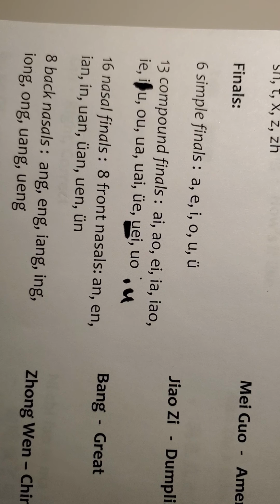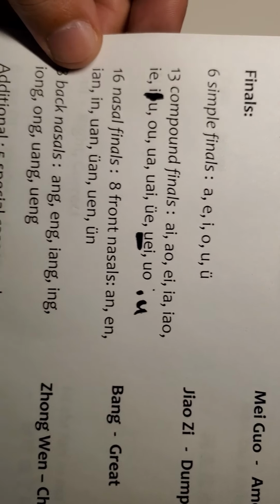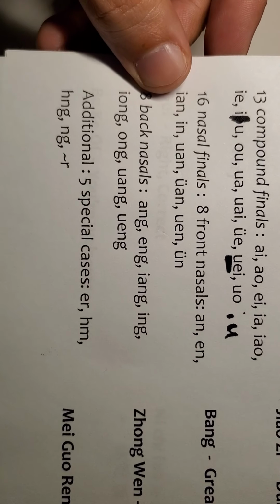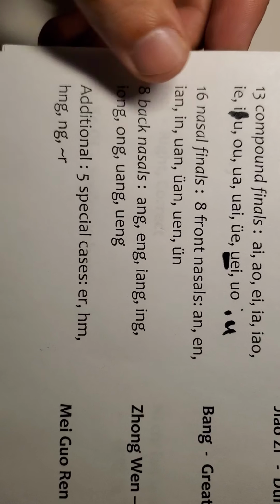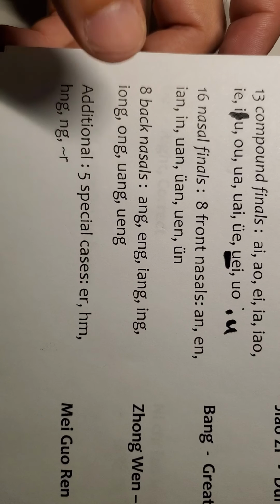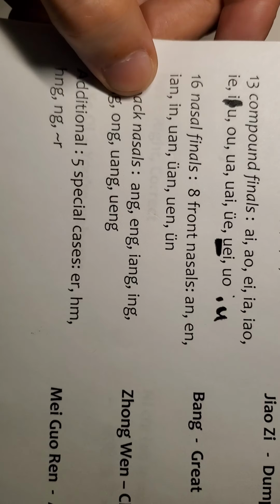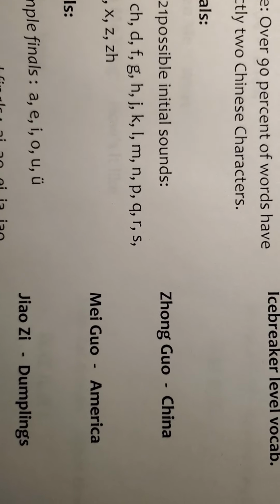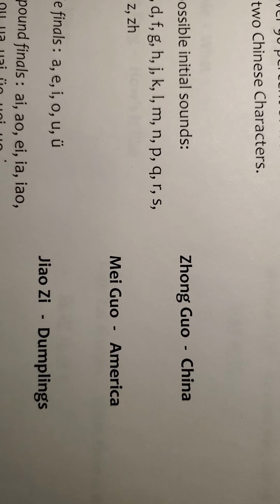And then the ue and g, I'm just going to go ahead and succumb to that because I don't really know that well if it even exists at all. So, again, these five special cases, you don't need to know any of that. It's probably for Cantonese or something. I have no idea. Okay, that's the most painful part of it all for me.